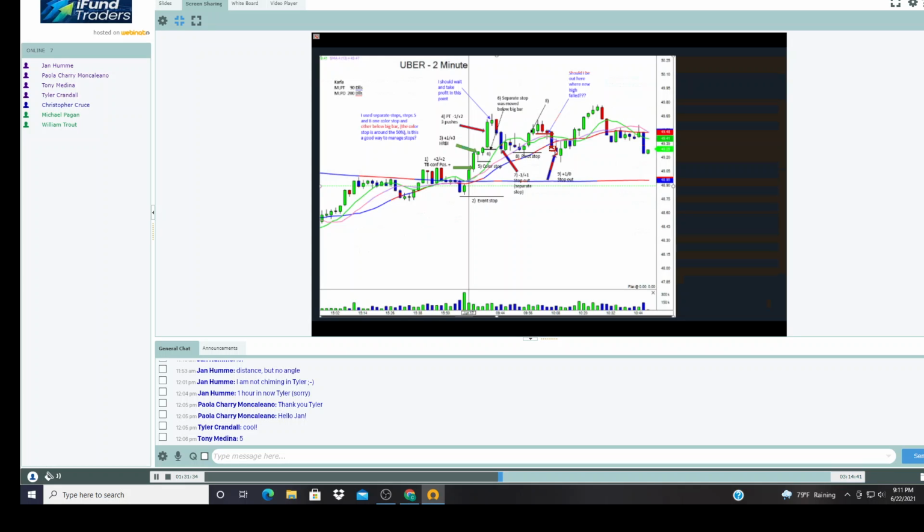So I don't really see that. However, here, this is different. At this point, this big red bar does everything to the left here. This is destructive. This is destructive. Now this move up is no longer intact, and I can see that you close the trade here. Okay? So that's a complicated answer, maybe, but it is always the same answer, basically. It depends on your state of development as a trader.